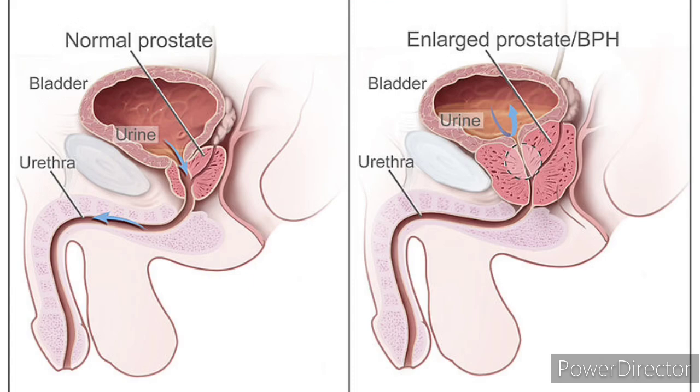Then we also give painkillers, because there is a lot of pain at this particular time. So once we insert the catheter, we treat the pain and give antibiotics. At this particular time, we are actually doing our best. But what are some of these drugs that we can use? What are some of these antibiotics? There are also some other drugs that are used to relax the smooth muscles of the prostate and the neck of the bladder.